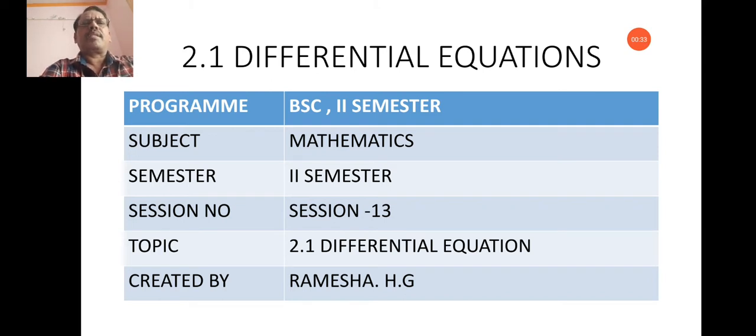In the previous classes, I have already explained the method of soluble for p and soluble for x. In this class, I am going to explain the method of soluble for y. In soluble for p, we have to factorize the given differential equation and find the solution of each factor, and the general solution is given by the product of all the individual solutions.